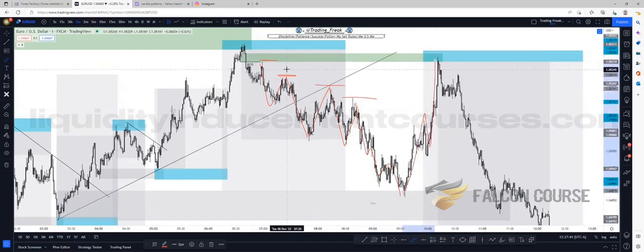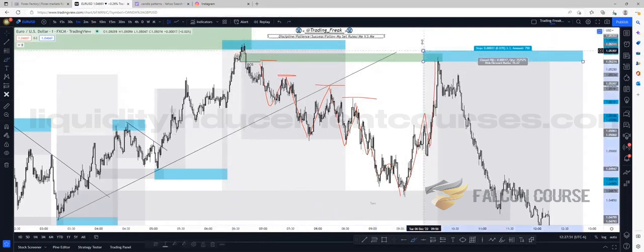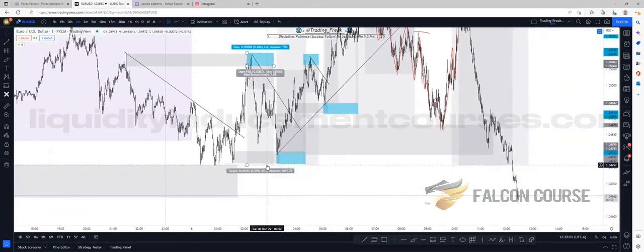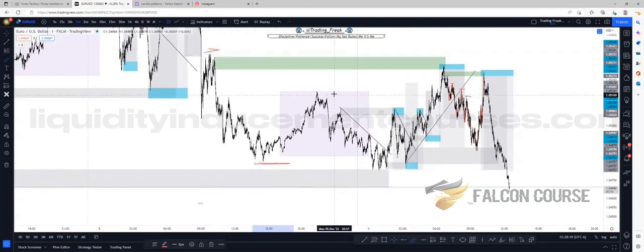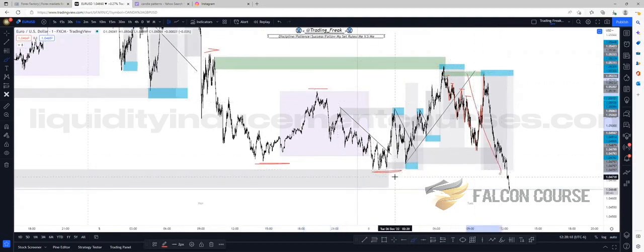And you see, we take it pretty rapidly, and we come into the breaker block of this area. One or two things, you could have just traded the breaker block, or you could just put your stop loss above here. Either one would have been worth it. And then we would trade to take out this low. And also I want to take out the previous low, right? Because this was our inducement point, this high, this low, the inducement point, the liquidity we want to take, and it's low. So our target is this low.